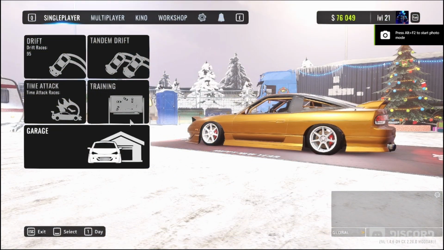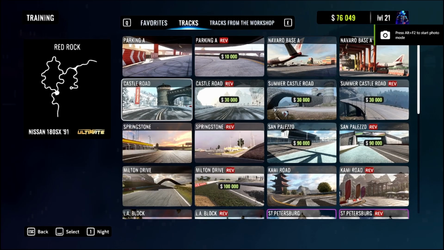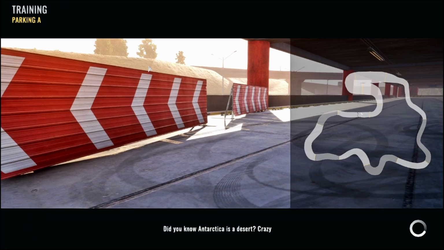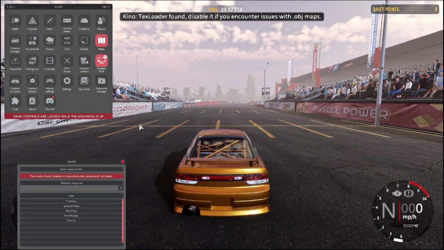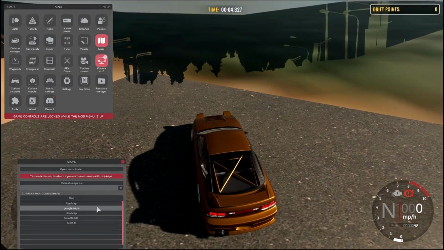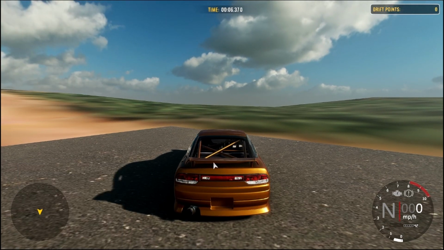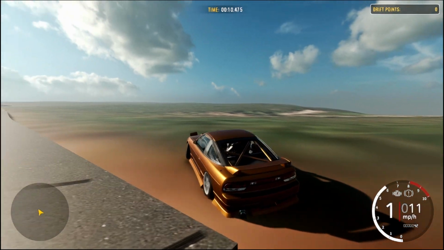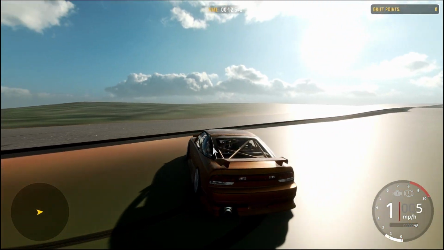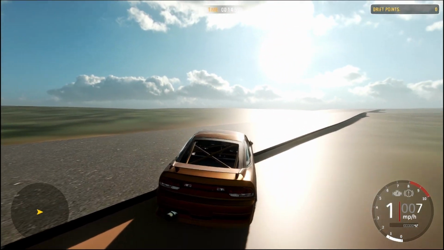I'll show you how to run up a Kino map real quick if you don't know. I just go to training, I go to parking aid, it's fast to load. Then just for me, my bind is F6 for Kino. Gonna go to the maps, load up our map, and there you go. No buildings or nothing. This one's super simple, but you can essentially take anywhere from Google Maps and make it